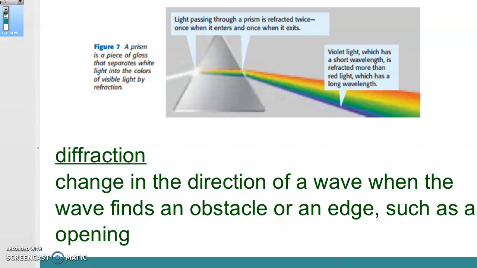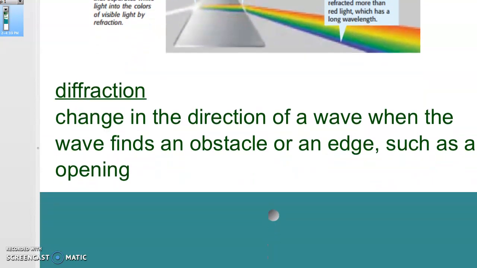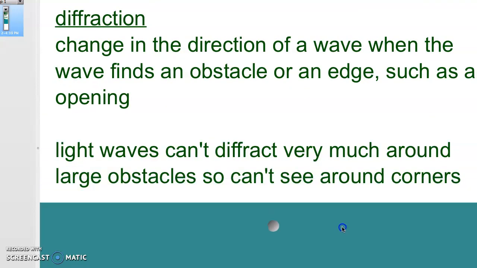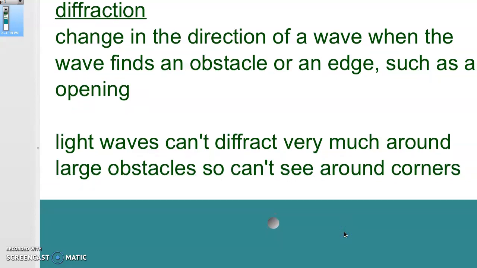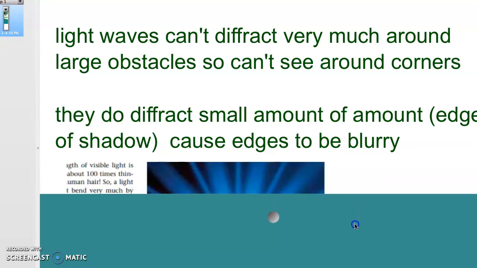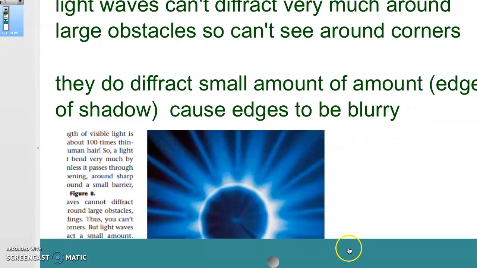Diffraction is when the direction of the wave changes. It finds an obstacle or an edge, an opening that it can travel through. Light waves can't diffract very much around a large obstacle. Obviously, that's why we can't see around corners and such. But sometimes there are examples where we can see that, in a small amount, for example, when you look at